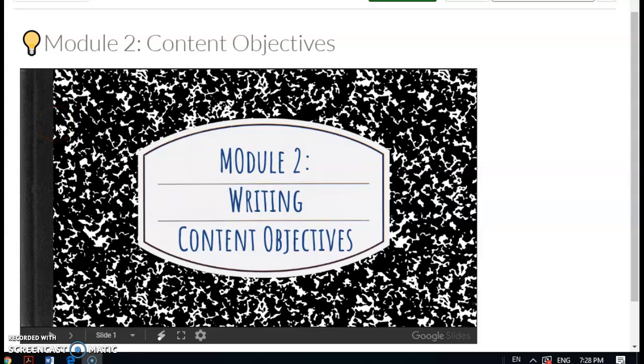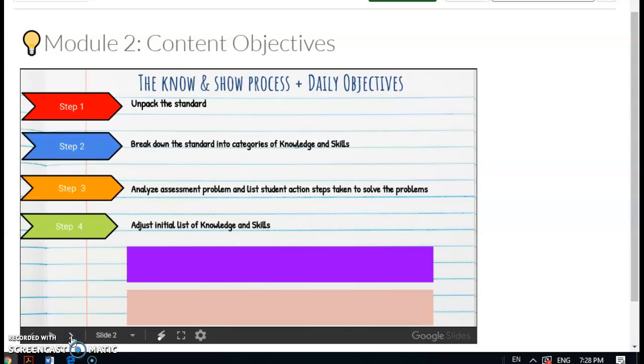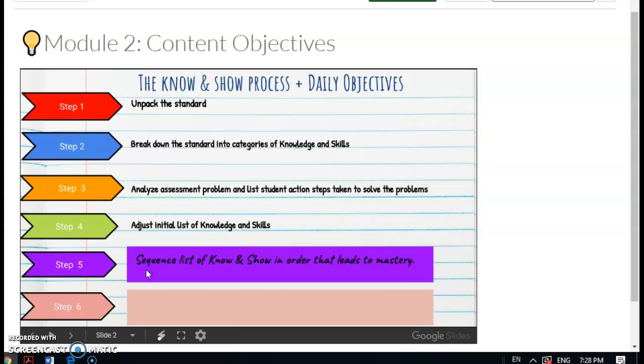In this final content section of Module 2, we want to look at how we take the know and show charts that we've developed and create daily objectives. So we've already looked very much in detail at these 4 steps, and the 5th step would be, once we've developed that list of the know-show chart, to sequence those skills and knowledge in the order